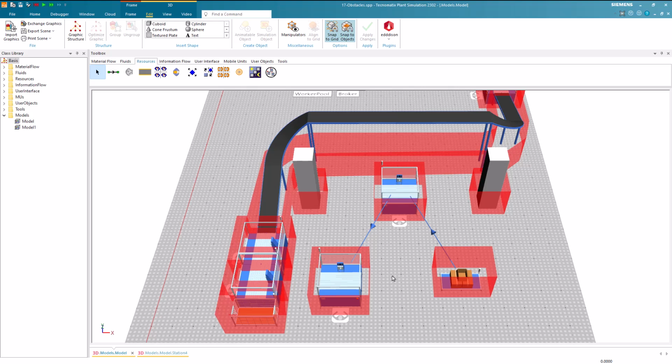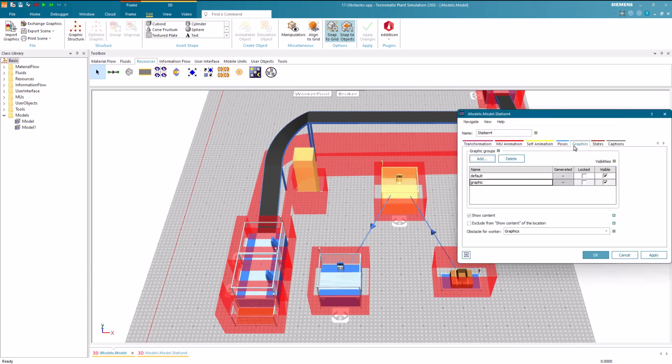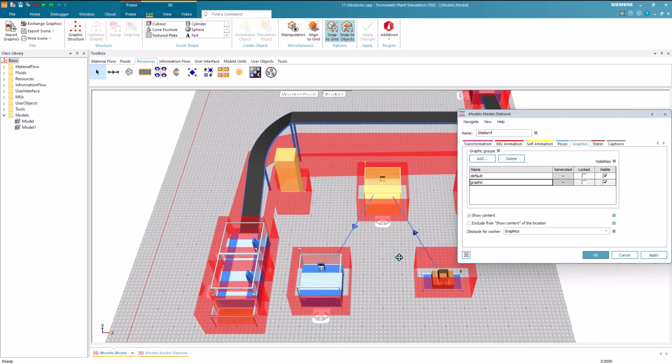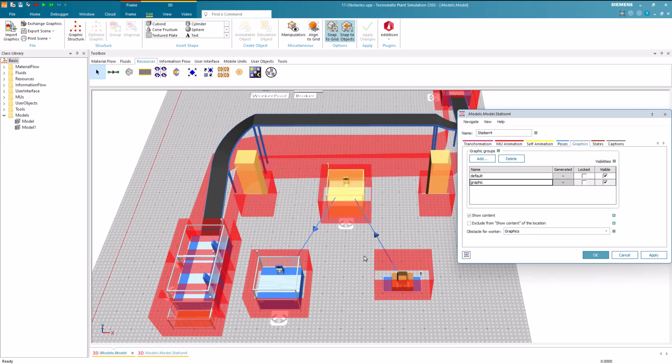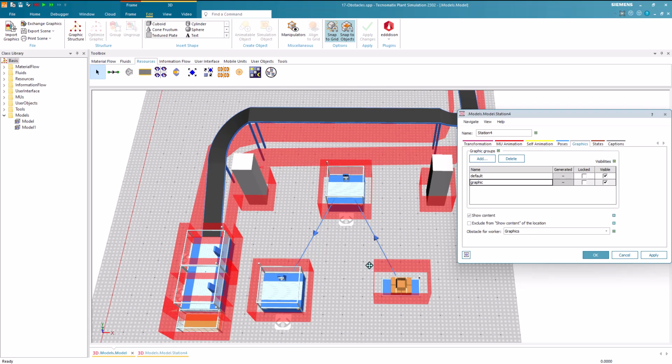Now we again open the 3D Properties window and switch to the Graphics tab. Here we can now, depending on our needs, modify the visibility of the newly added pillar. So currently the graphics are selected. However, you might use multiple instances of this station, and sometimes the second pillar might not be used.